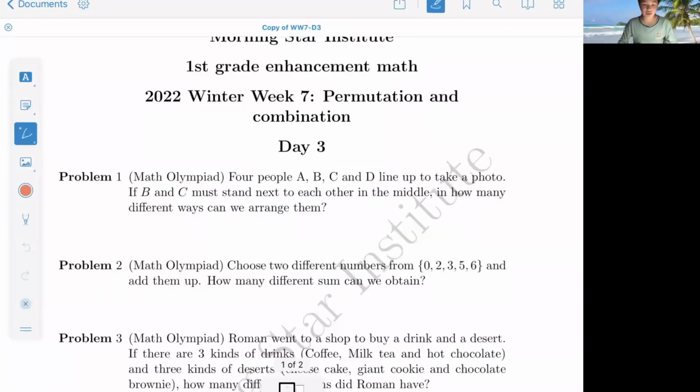This is Winter Week 7, Day 3. For problem number 1, 4 people, A, B, C, and D, line up to take a photo. If B and C must stand next to each other in the middle, in how many different ways can we arrange them? So first of all, we can first